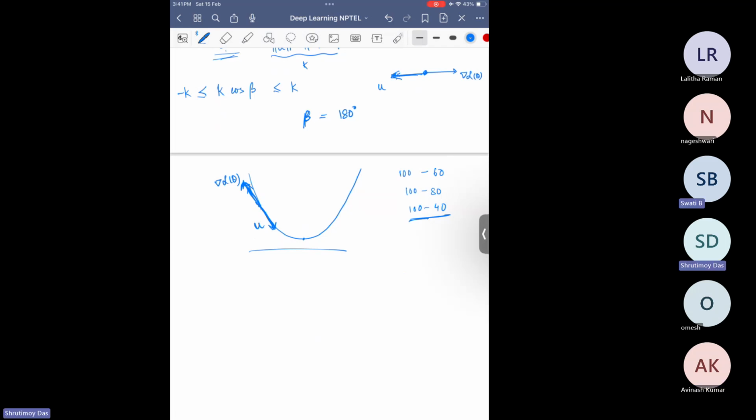So that is, you had L(theta + eta u) minus L(theta), which was u transpose grad L(theta), and you want this to be the most negative, and it's -1. So you want this to be negative. So that means you want that